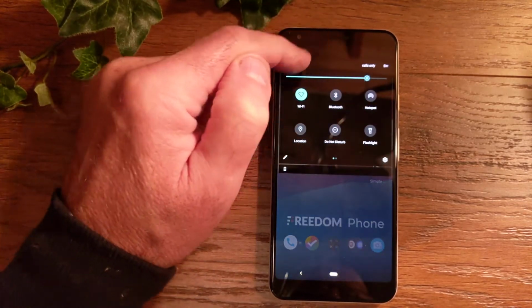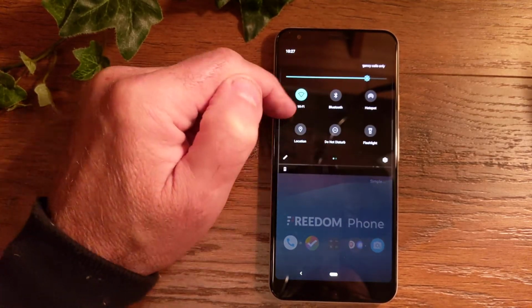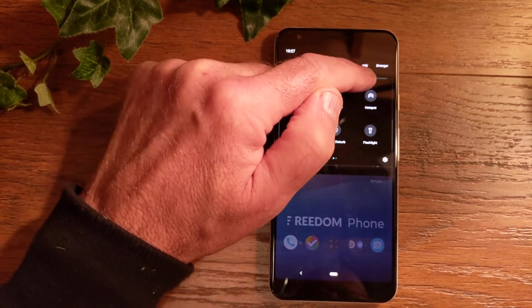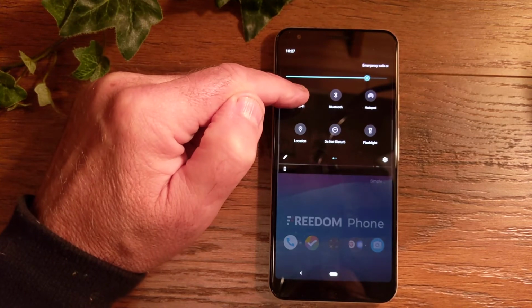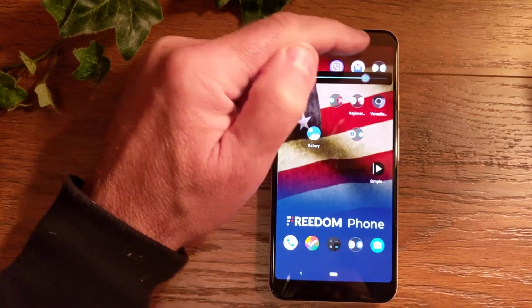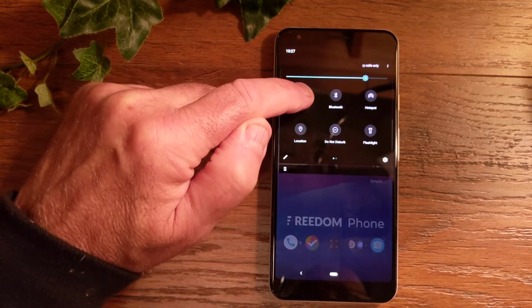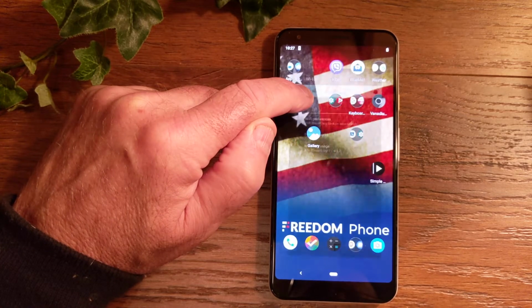So if you pull down once and then pull down a second time, it opens up the same number of services here you can access, turn off and on, and then your volume control. Now, if you long touch, if you hold it down like Wi-Fi, it's going to bring up